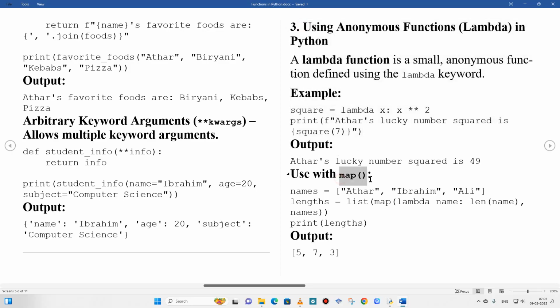What is the use of map? Map is also for mapping. You know what is the meaning of mapping? Suppose I have a list of names here. Until now I have not completed list or other data structures used in Python, but still I am showing you that suppose you have 3 items in a list: Athar, Ibrahim and Ali. Now list, map, lambda name, len name,